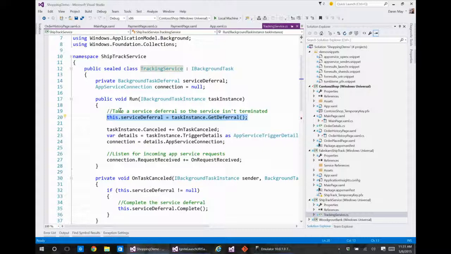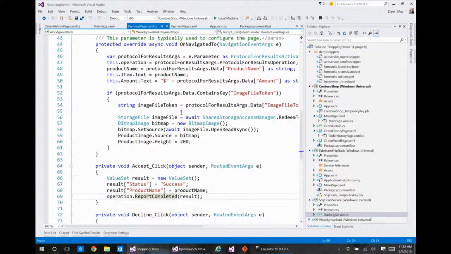So how many people are familiar with the task libraries that exist? Okay, a few people. So tasks allow us to do asynchronous operations. And in order to make that syntax very simple, we have this await method. Let me bring up the code. So here. And we've also marked this method as async as well. That tells the compiler that it will need to do some work in here to actually create a callback behind the scenes for us. When we're running through here, execution returns to the caller at the point of this await.